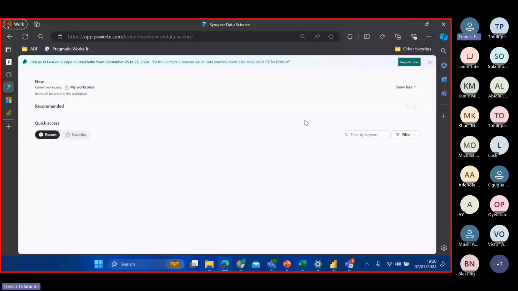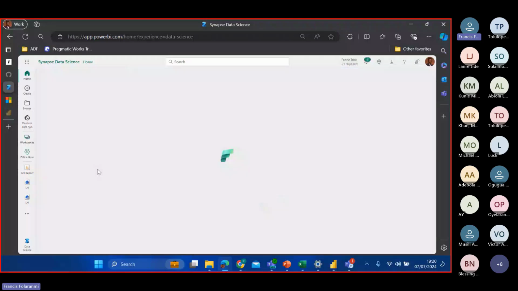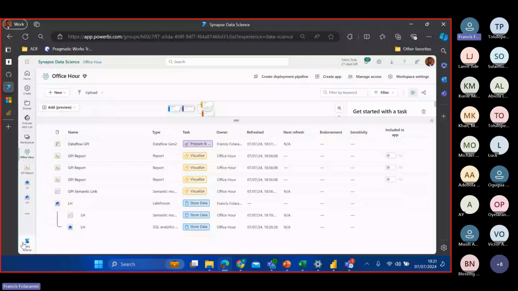Yeah, so let me go back into our workspace, which is under workspaces. I can search for the name of the workspace we have been working in. I click on that, then I have my workspace. Within my workspace, I can adjust this and see if the notebook I'm bringing in is there. So it's not in yet. Let me come back to my data science experience, then click on import notebook. Then I'll upload the two notebooks that I created earlier. I'll select the two of them at once, click on open, and let's see which one gets loaded first.